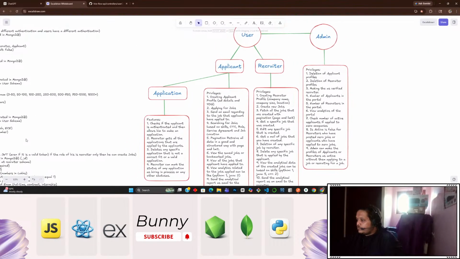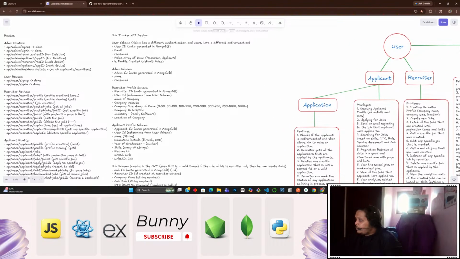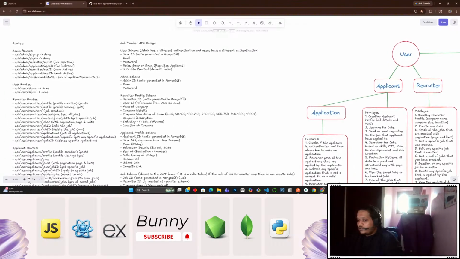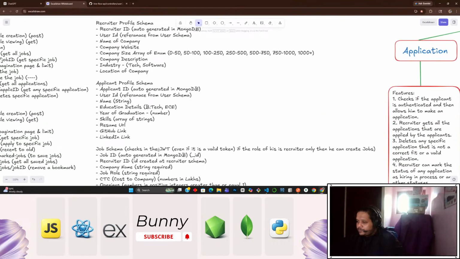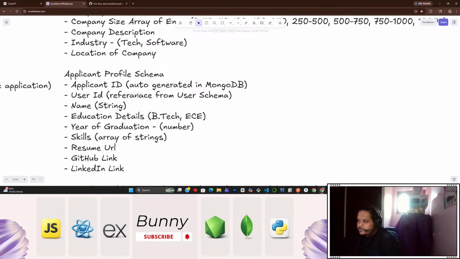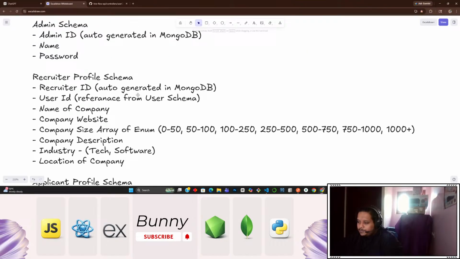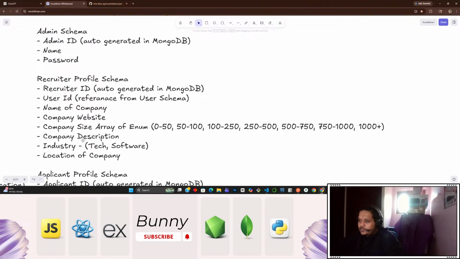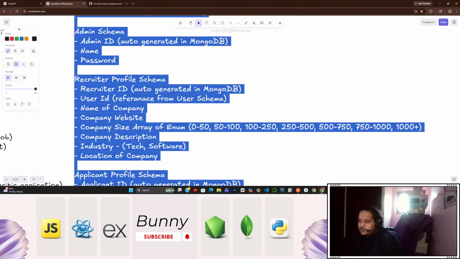So applicant profile schema. Let's create the recruiter first, then move on to the applicant. So we should be focusing on this recruiter ID, user ID. So this user ID, we can fetch this specific user ID